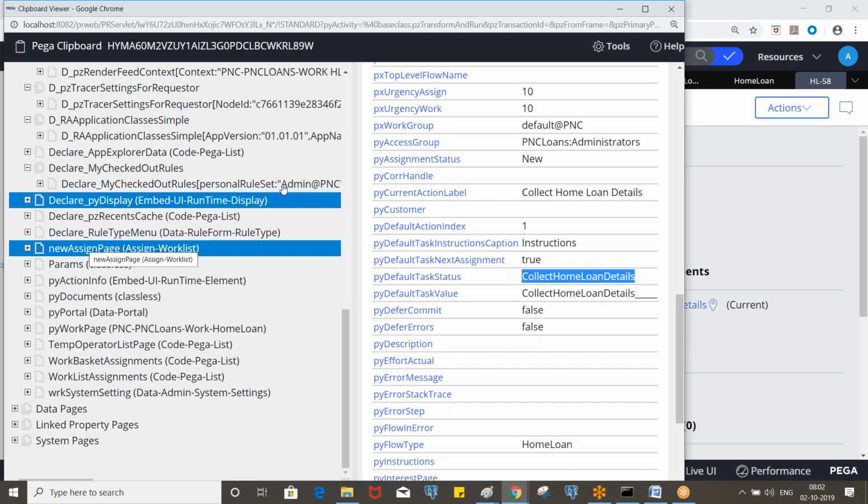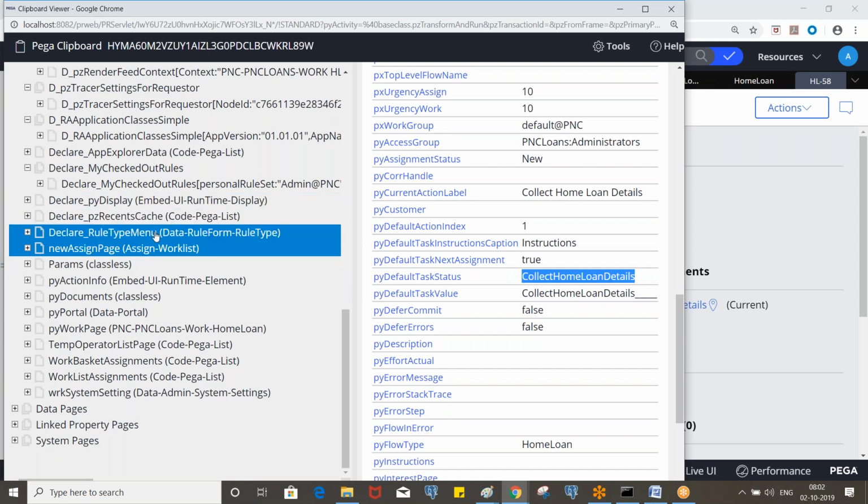We'll explain about this page later. Just for now, you can use this new assign page dot py default start task status is equivalent to collect home loan details. Then your logic will be executed. And if it is not, then the previous logic will be executed.